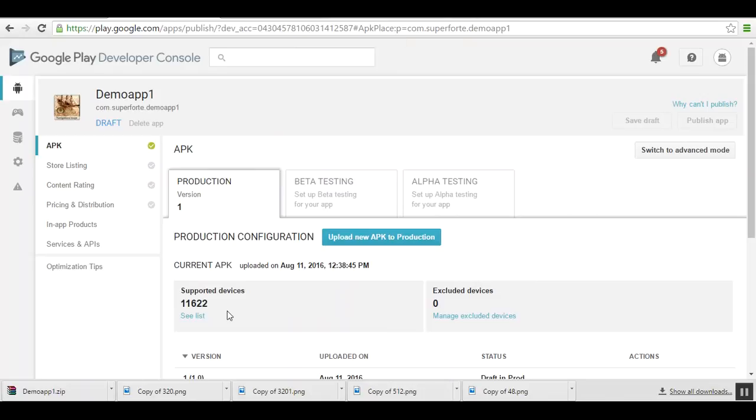So once your APK has been uploaded, you will find a green check mark on the APK item. Now move on to the next item, that is store listing.